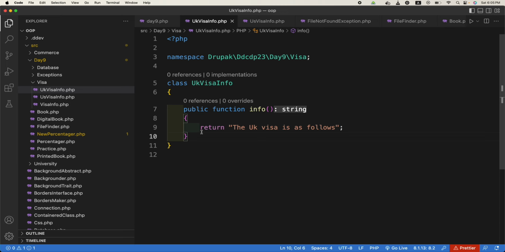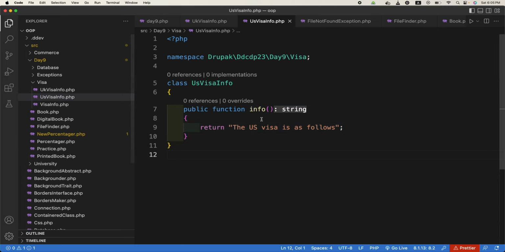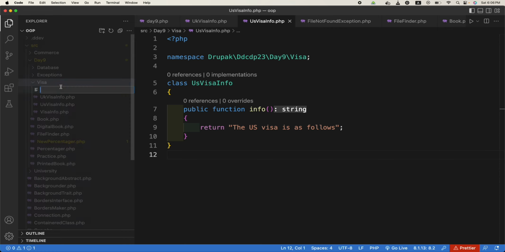Okay, so these are two methods, and similarly if we need another country, we will create a similar file with a similar function info. So what does this mean? What should we have so that nobody misses the info function in that class? We need to have a contract where each such class should have it. So we need to have an interface, and we will call it visa info interface.php,